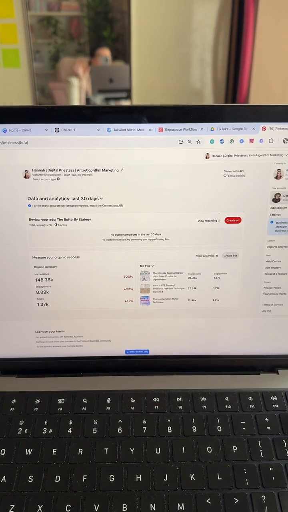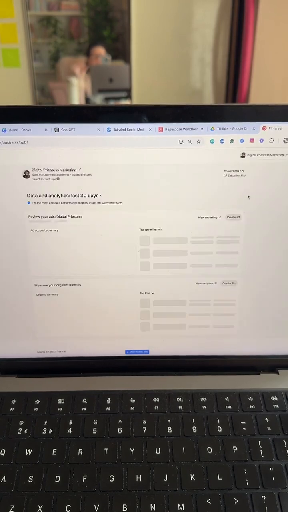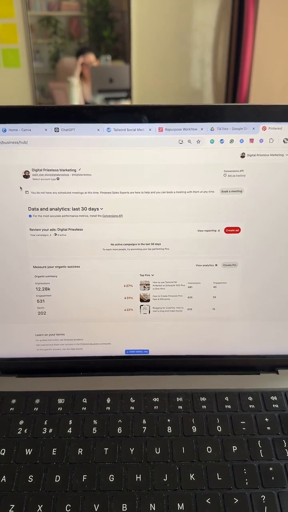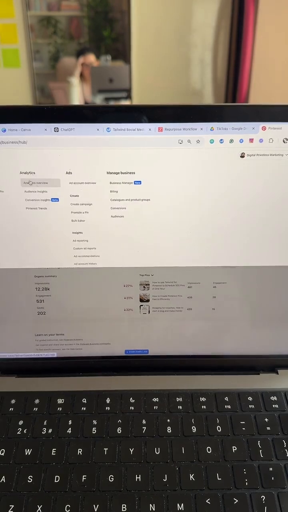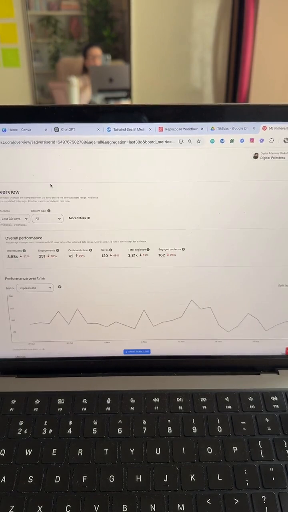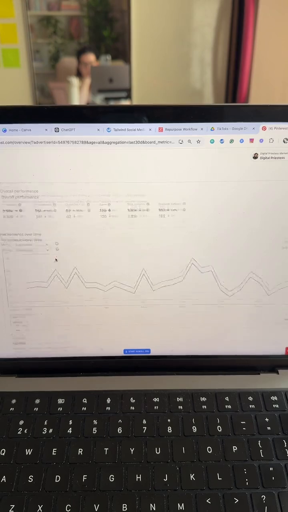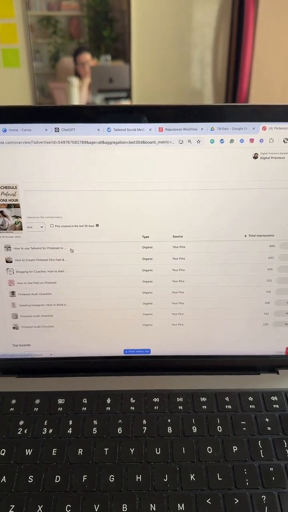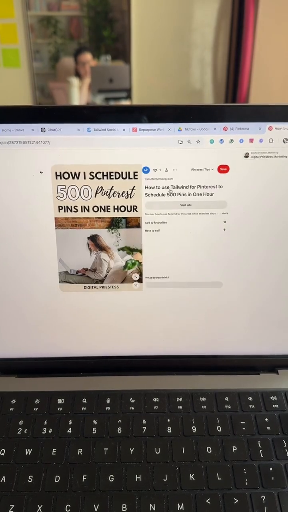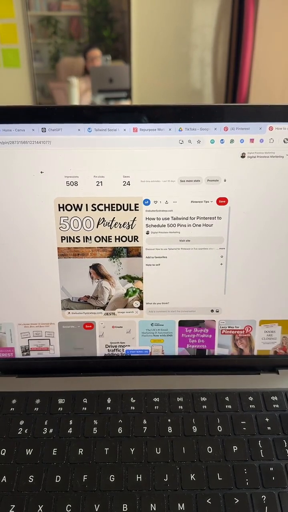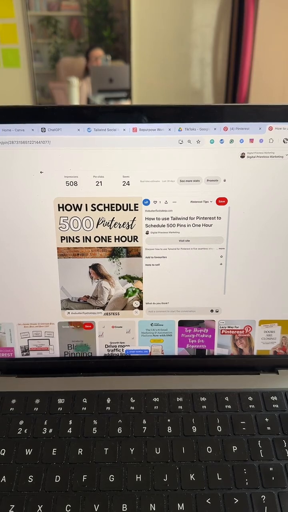But in the meantime, I actually want to look at my smaller account just to see which of my blog post pins I should kind of recreate. So I'm going to go over to analytics. Crystals for children. Okay, yeah, we spoke about that the other day. Okay, so if I go to impressions, right, I can see that on my smaller account, this has been my most popular pin, driving traffic to a Tailwind blog post that I have, which is one of my affiliate marketing blog posts.